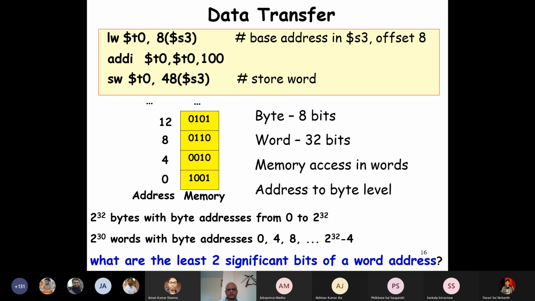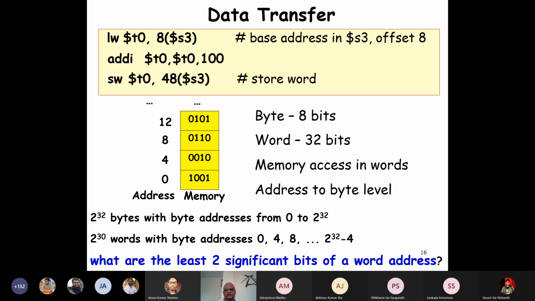Okay, Vikram, very good. So the lowest 2 bits of a word address is 0, 0. Vikram has got it right, that the least 2 significant bits of any word address is 2 zeros.